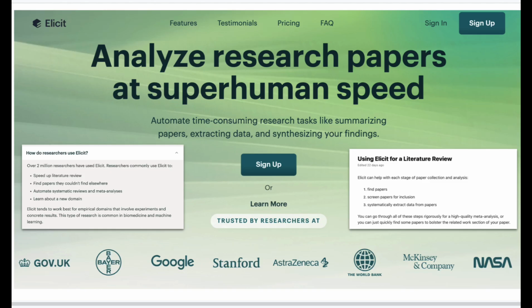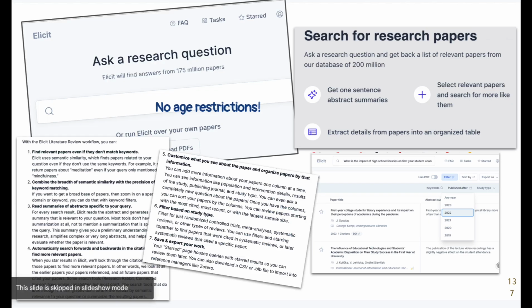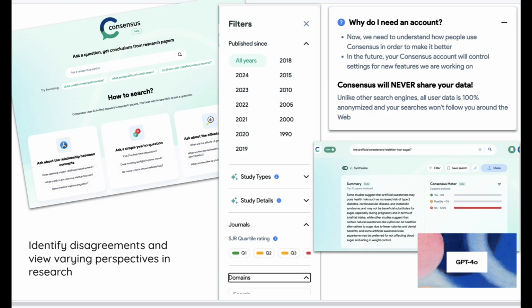Open Knowledge Maps is another one. And Elicit, which I think is a brilliant and helpful database that is AI driven, like Perplexity. This is one of my favorites. It really does a lot of work in terms of analysis, and you'll see here it is. There's no age restriction. You can search for research papers, and you get abstracts, other relevant papers. You can organize these papers into tables. It is really, really useful in a kind of full service way.